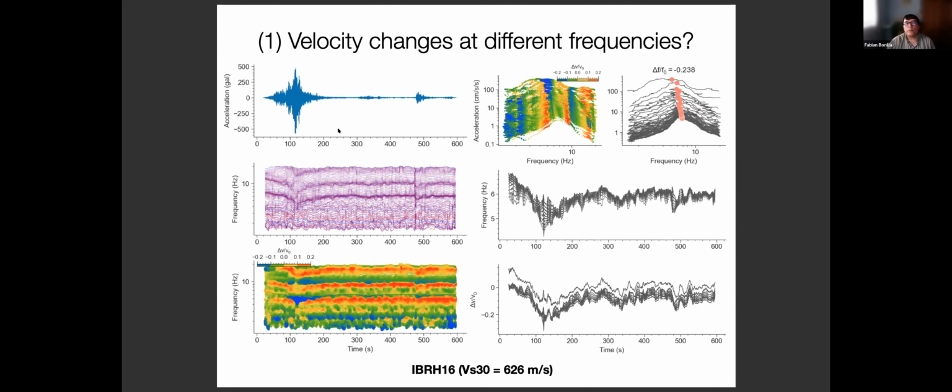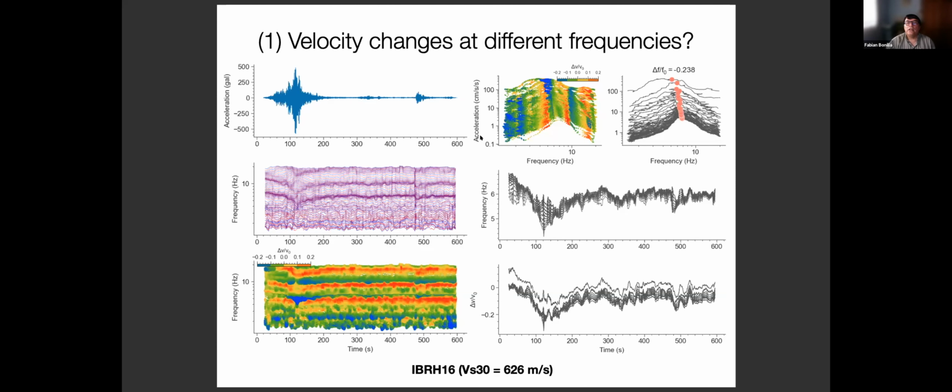So this is our input. This is the recorded event, and we decompose this in different frequency behavior and velocity changes as a function of frequency. So you can see how much data we generate with recorded data. By doing this, we can clearly observe the frequency shift here, and also another frequency shift that we didn't see before, above 10 Hertz. And this is the same, but now we plot, instead of the frequency, the velocity changes.